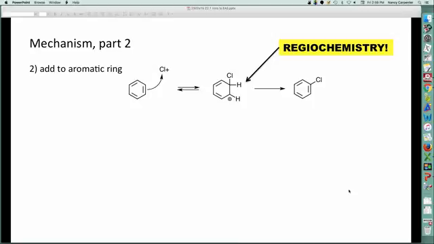So what I want to point out at this stage is, just like electrophilic addition, it's at this stage that the regiochemistry is determined. Now, that's actually chapter 22, but this is just some foreshadowing, thinking about where does this chlorine add? Does it go this way or does it go that way? In other words, which carbon ends up getting the positive charge determines the regiochemistry. And of course, which carbon gets the positive charge is going to be determined by